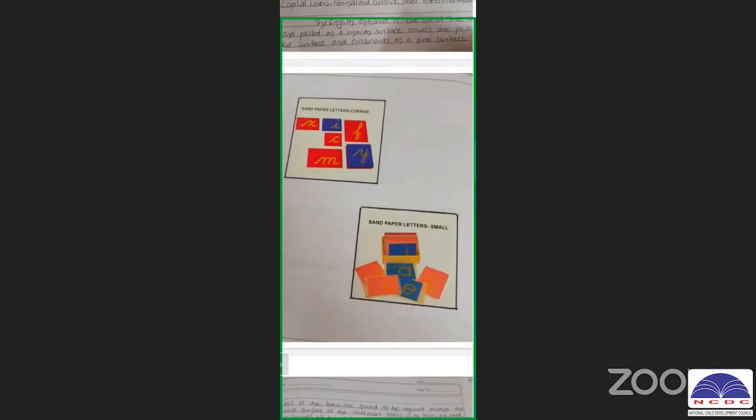Practically, we do this with two fingers, blindfolded. They just touch the letters in a proper way, so they can identify the curves, the sounds and the shapes of the letters. It is also a very unique activity to improve their reading and writing skills. From this, their tactile development will be improved and their concentration will be improved. They recognize the shape and sounds of the letters, and the conducive development of muscles will also be improved.